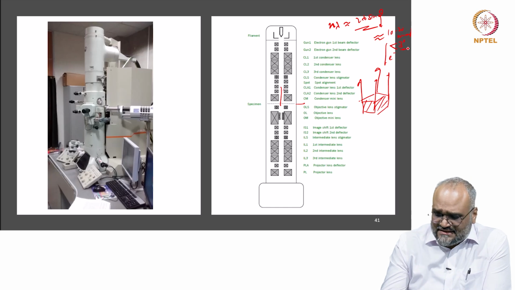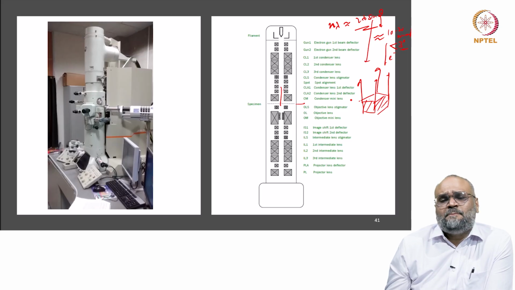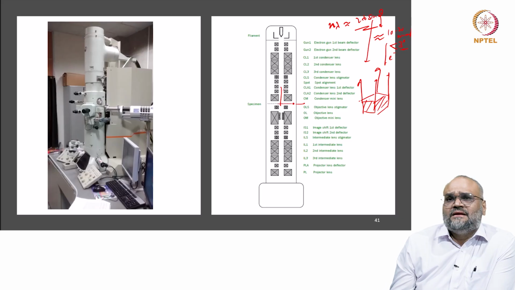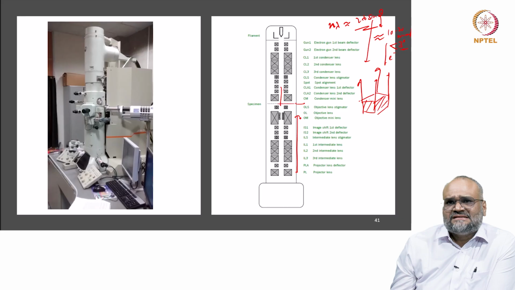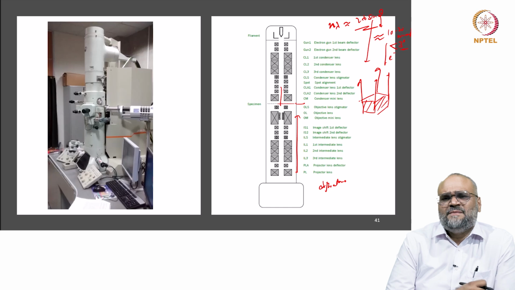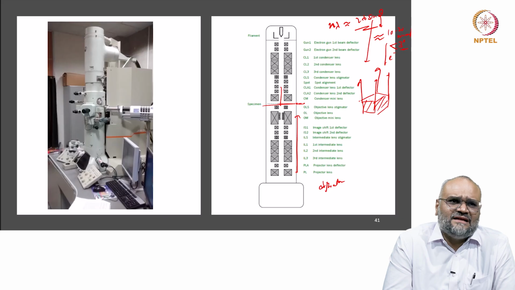So, as a consequence, all my planes which are oriented parallel to the electron beam would satisfy my Bragg diffraction condition, and when parallel beams go through an objective lens, they all converge at the back focal plane. Now, when I use the back focal plane as the object plane for the illumination lenses, I record the diffraction pattern. When I use the image plane of the